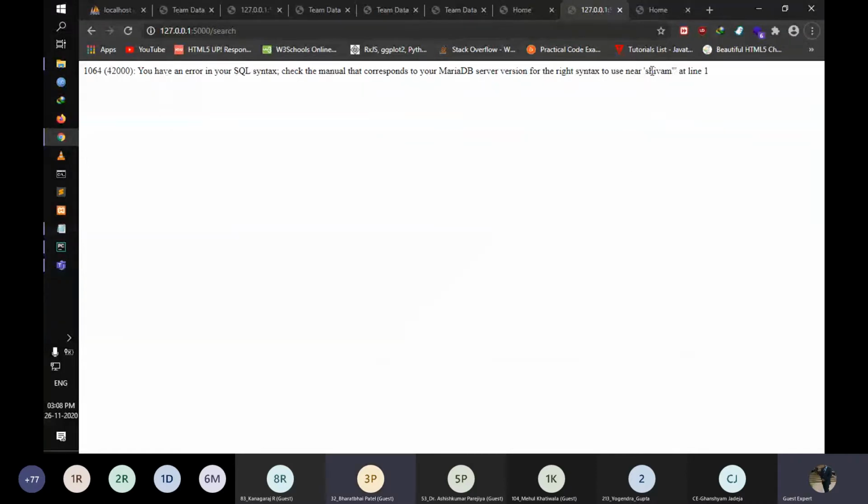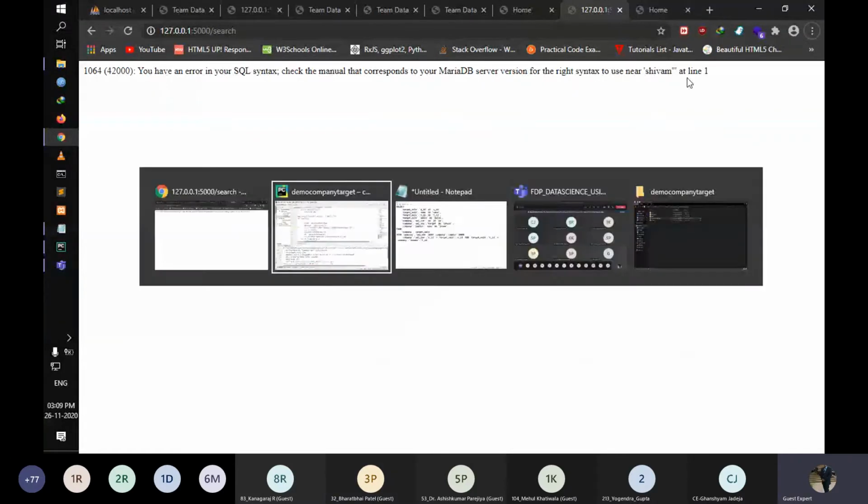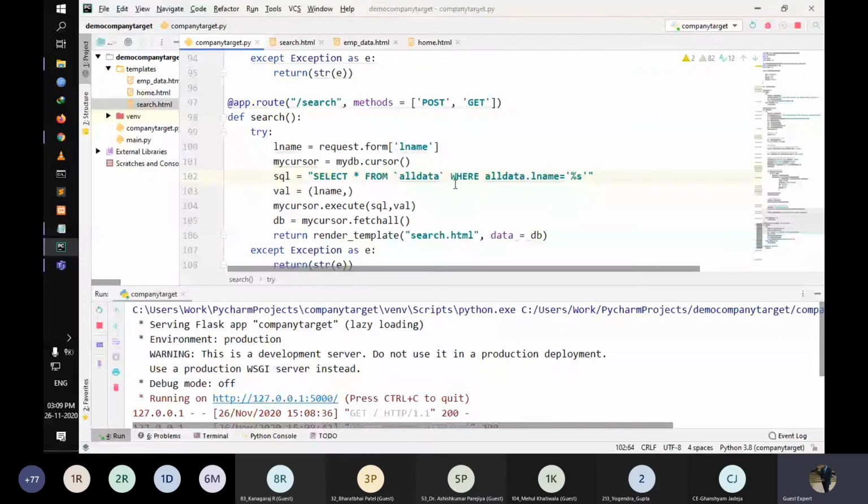Okay, so it is showing a problem over here now. So data is getting here. Do we need to place the entire select statement in a pair of double quotations two times? Yes, we need that. We need to do that.